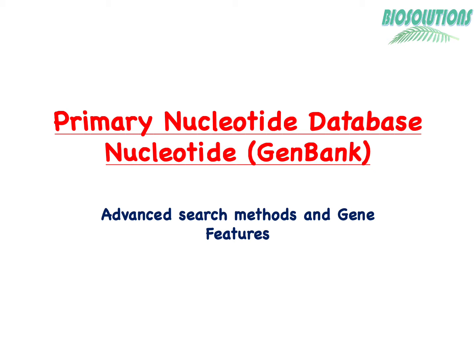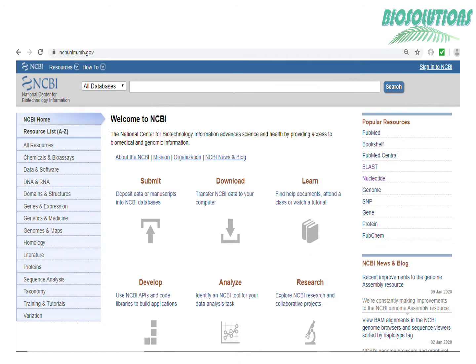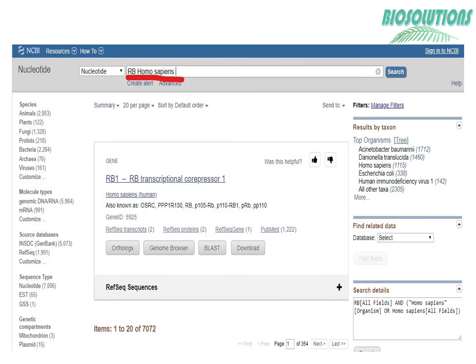We will go to NCBI homepage and choose Nucleotide Databases from the menu. We can perform a general search or advanced search here for any gene. First, we will type a general search for a gene named retinoblastoma or RB from humans or Homo sapiens. RB is a tumor suppressor gene and its function is lost in many cancers due to mutations in this gene. Our search gives